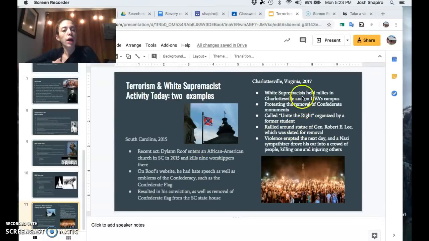And then in Charlottesville, Virginia, in 2017, there was a white supremacist rally called Unite the Right, and it turned violent. And basically, it was all about the removal of the statue of Robert E. Lee, which a lot of